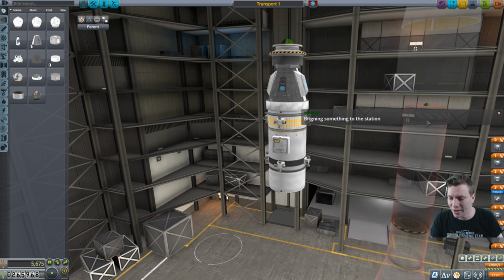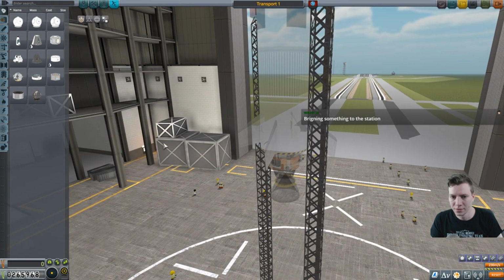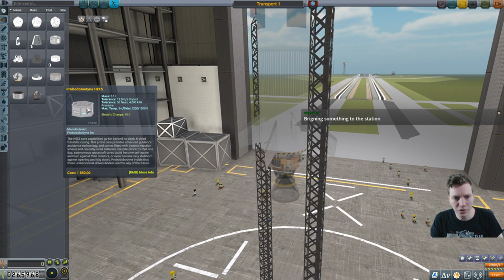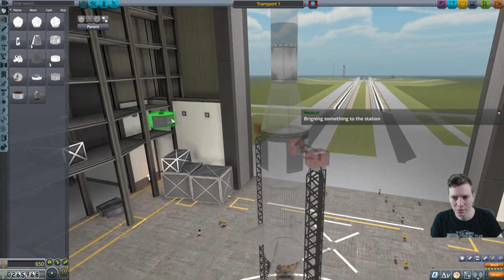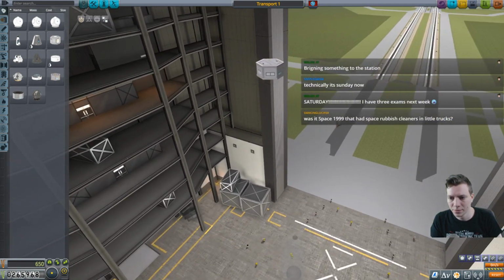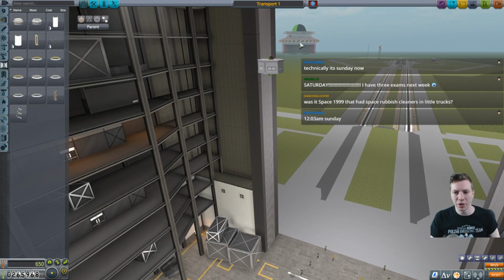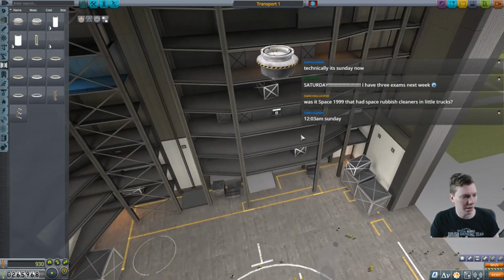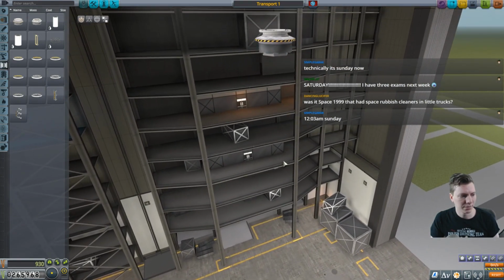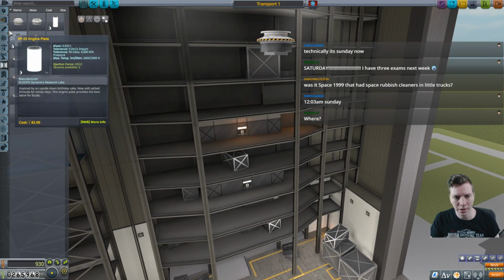Alright, so let's take that off. And this whole thing we don't need. So we would start with a probe core, and bring it up here so it's out of the way of that. It would need to be able to attach to the station, so we'd have to put the clamp-o-tron on it. There we are. Okay,